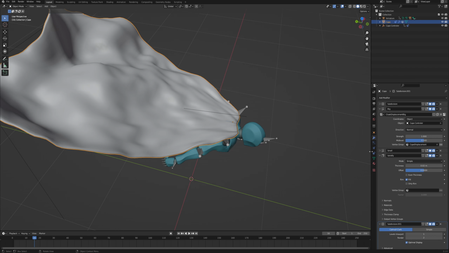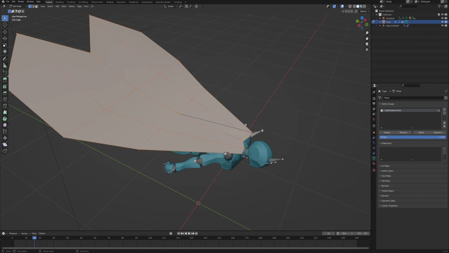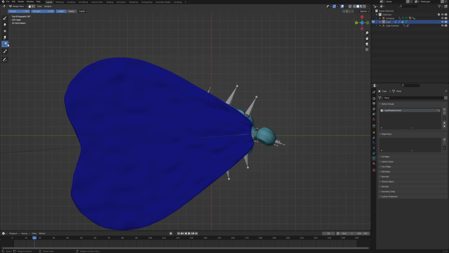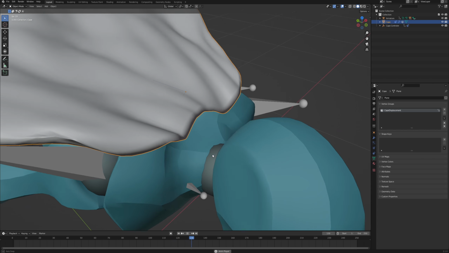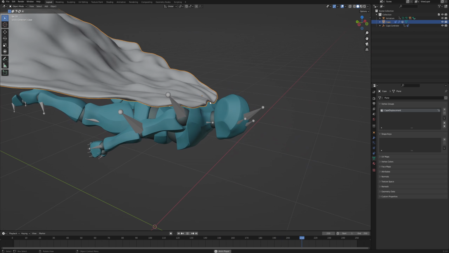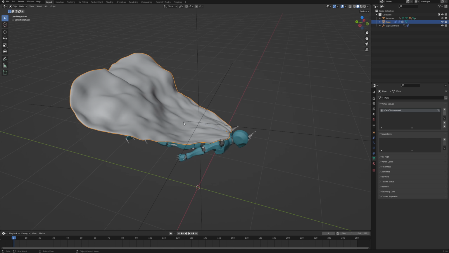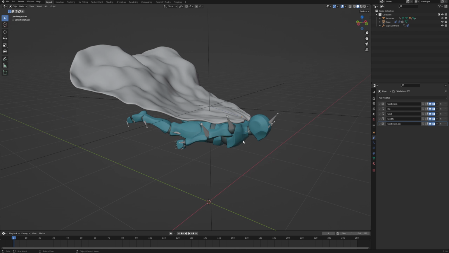And just so you know, you can always go to the object data properties and then with all the vertices selected in the edit mode, remove all of them and then go back into the weight paint, and you can paint again the gradient by yourself. And so if you leave this area completely blue, then this beginning of the cape is not being affected as much anymore, and it stays on the place where you put it. So just something to keep in mind, that everything that we do here can be always adjusted at any given time. And now I think it's time to move on to the shading.